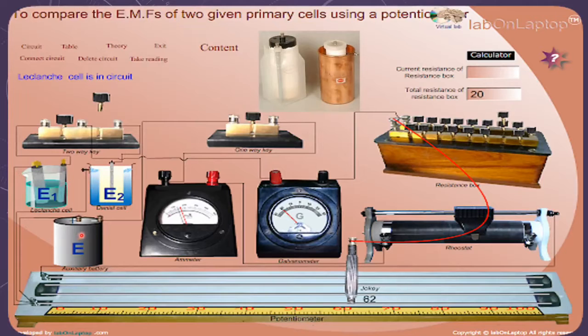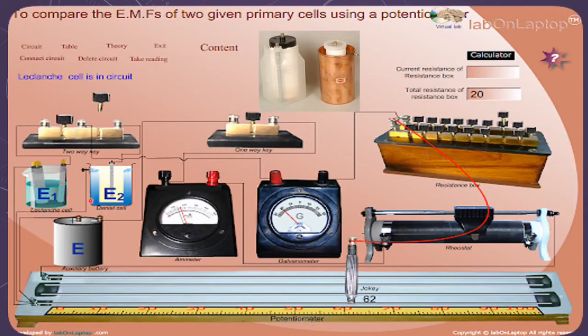Battery eliminator will always be given, or we can use any other driver cell, auxiliary battery, whose potential difference should be greater than these two cells E1 and E2, which we generally give you in the lab. One is the Leclanche cell, another is the Daniell cell. In the Leclanche cell, we are using ammonium chloride as the electrolyte. A zinc rod acts as negative, and a carbon rod acts as positive. The carbon rod positive is coming at the beginning point, where the positive of the driver cell will come, and the positive of the other cell, which is the Daniell cell.